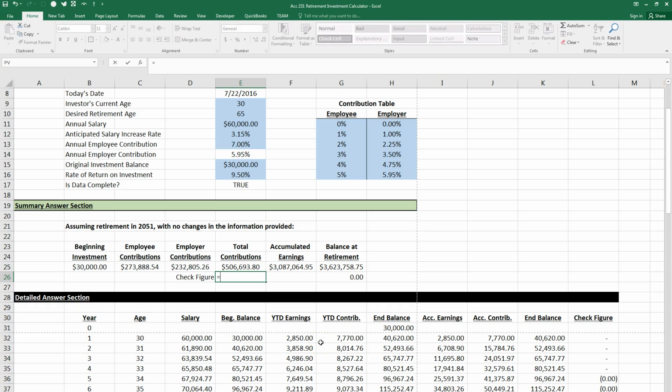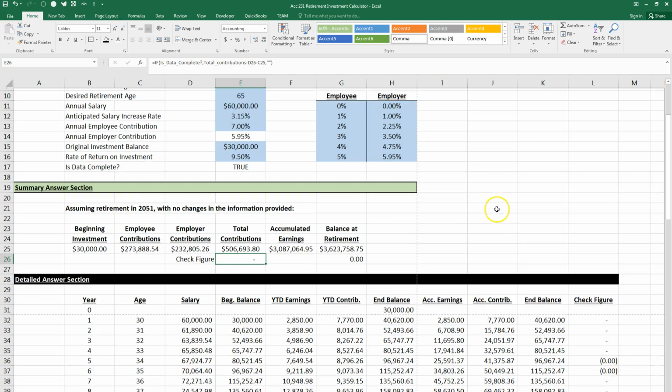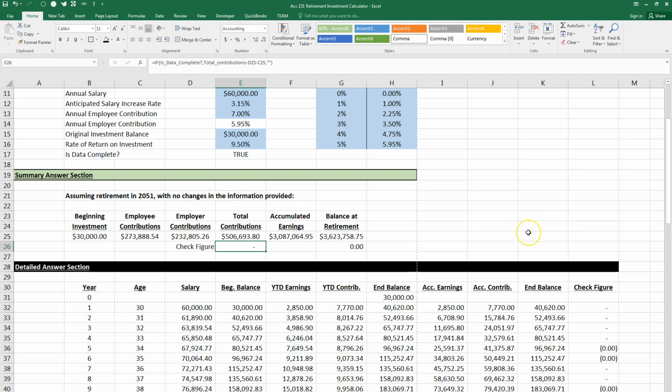The check figure is pretty easy to remember. What we're going to do is take the total contributions and subtract each one of these, the employer and the employee. If we did it right, it's 0. All right. Now let's check our blanking. I'm curious, but a lot of students forget to do the blanking. So if we have some sort of missing data,